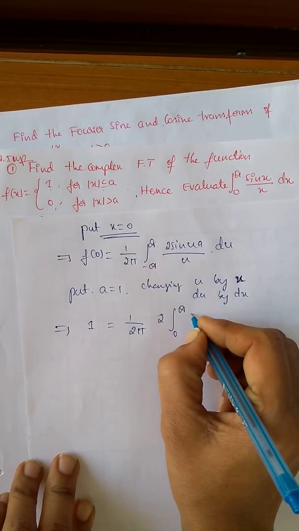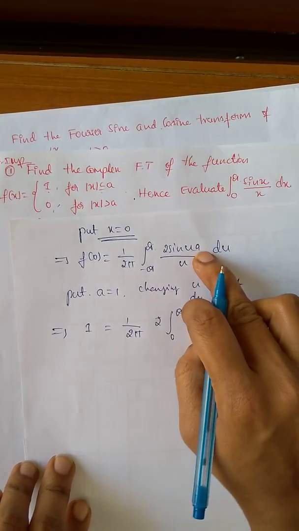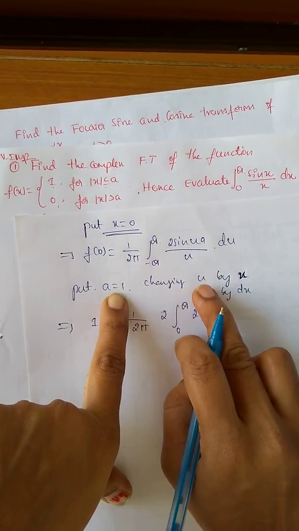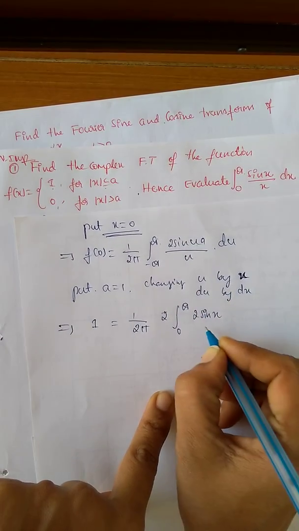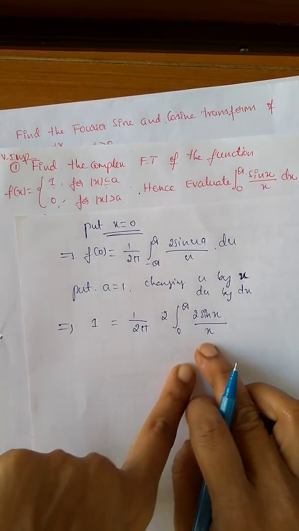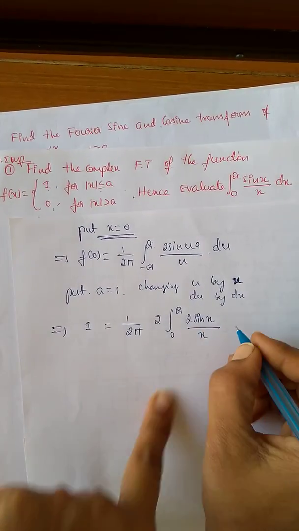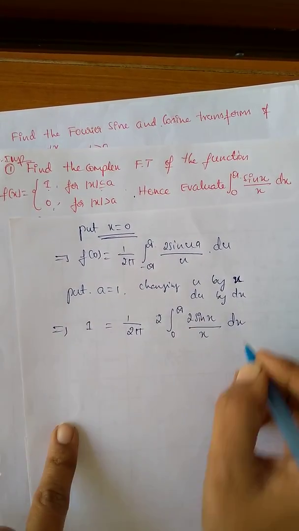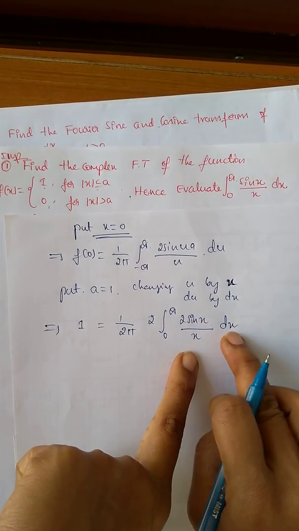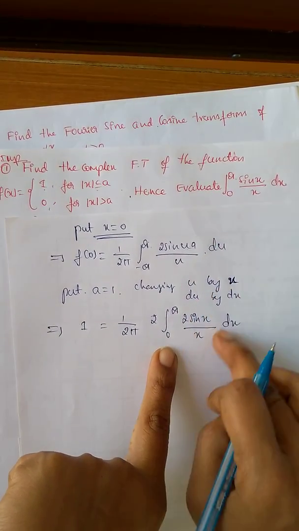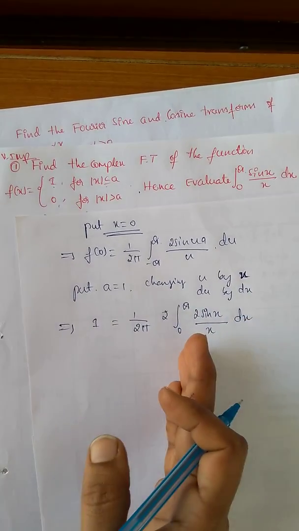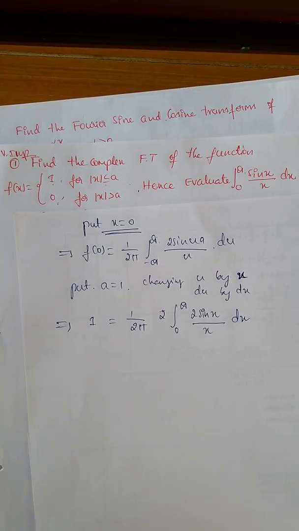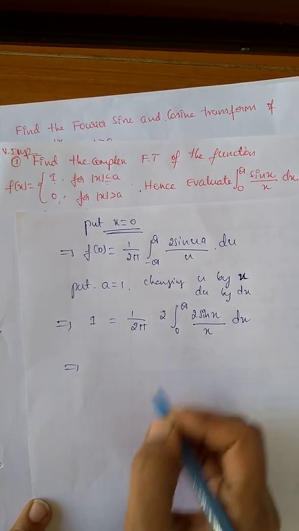Okay, next, 2 sin a, the value of a is 1, and I replace u by x. In place of u, I take the substitution x, and in the denominator u is replaced by x, the a value is 1, and du is replaced by dx. So finally we got sin x by x dx with limits 0 to infinity. Just take this sin x by x, 0 to infinity, dx term, and transfer the other term to the LHS side. That is the final evaluate answer.